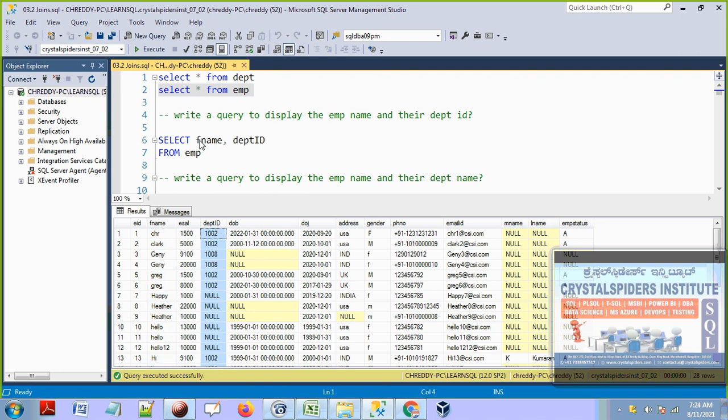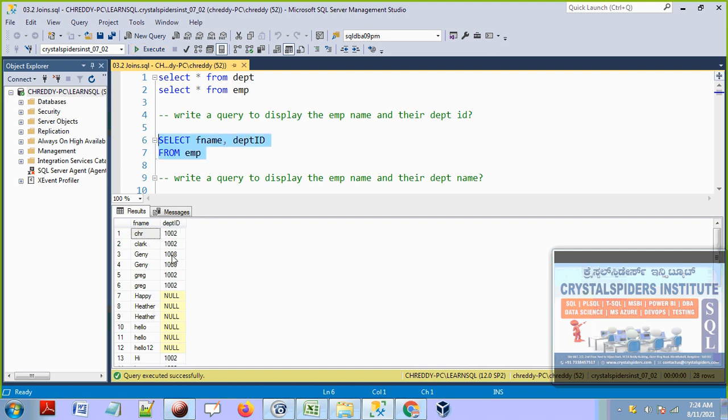So whatever data I want to display is available in a single table. So I can simply say take the data from the employee table and finally display these 2 columns, FNAME column and the DEPT ID column. That data is available in a single table, so I can display that.